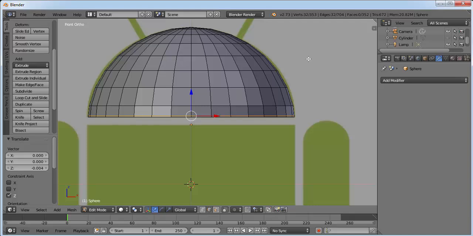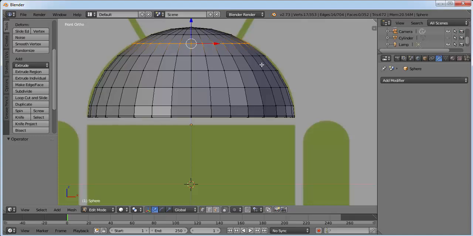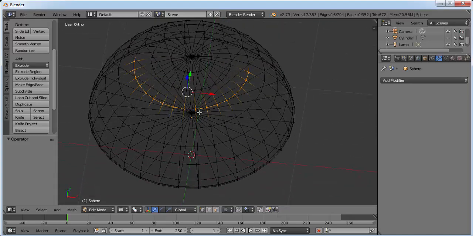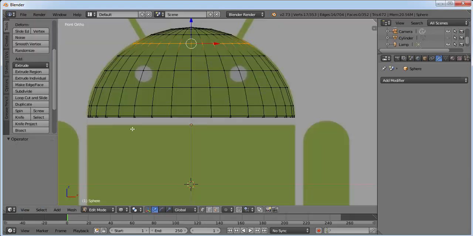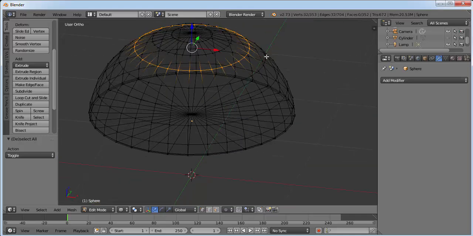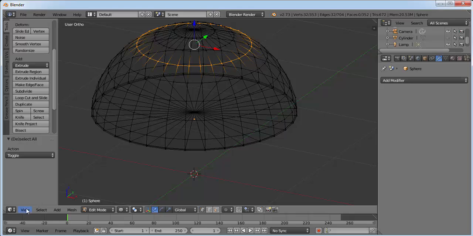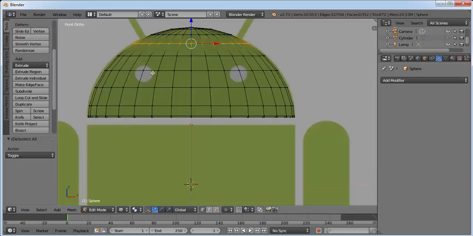To get our shape to match with this curve, we need to go to wireframe mode first, because these vertices won't get selected, so we need to be in the wireframe mode. So front view, click A to deselect everything, click B and select these. Now as you can see, everything is selected. So go to front view and scale it outwards a little bit.